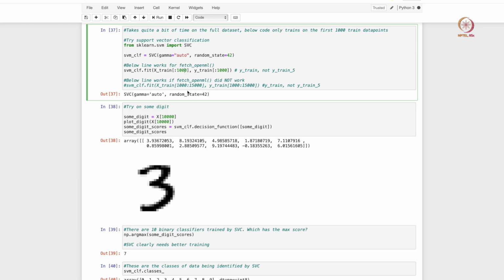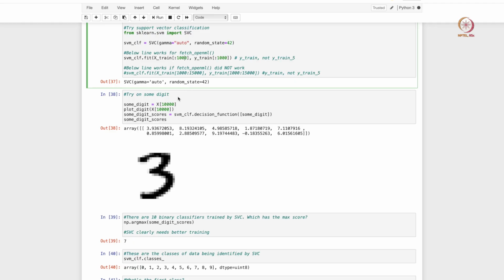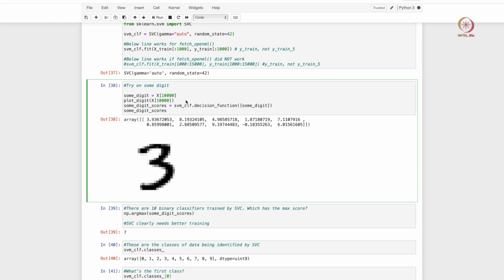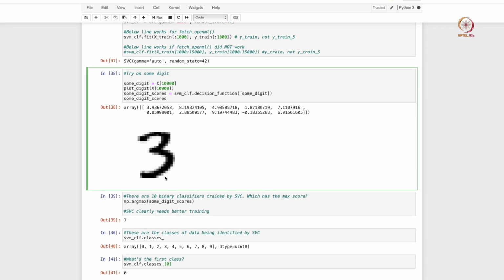Okay. So we have already trained our support vector machine classification model, and then we want to see how that model makes a prediction on a data point that it does not see. So we will take the 10,000th digit, looks like that digit is 3 here, right, and let us look at what kind of scores the classification model gets.